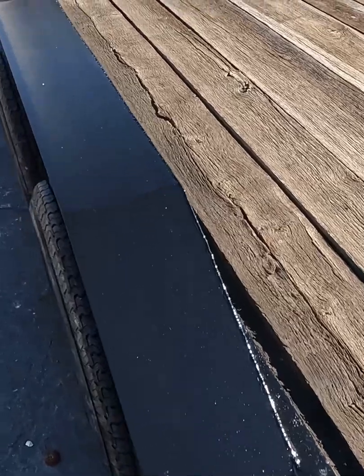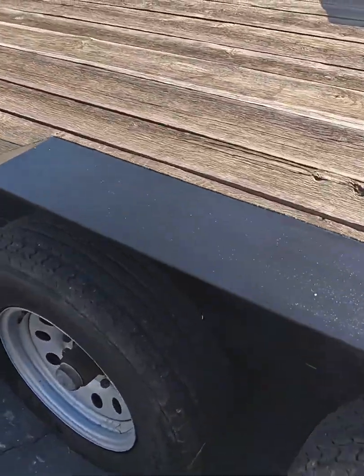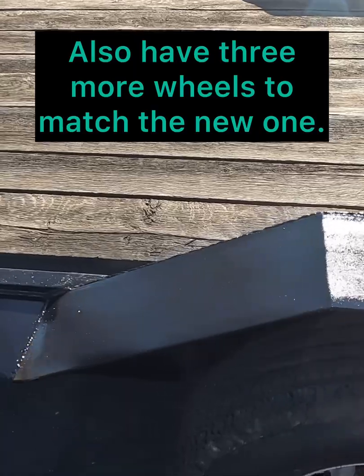But now I've got some sturdy ramps to drive the truck up and over with, and hope you guys enjoyed